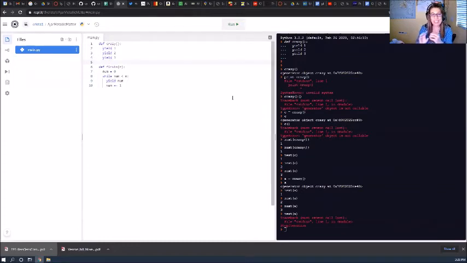Okay, so a yield is basically a return without popping the stack. It's not exactly this, okay? But if you want to see it this way, it's a return that doesn't pop the stack. Or in other words, it's a return of a function that does not go away. The context of execution of that function stays there, so that when you call it again, it goes back to where it was executing.